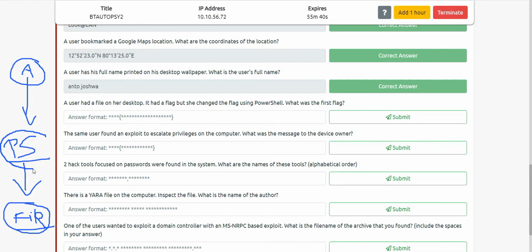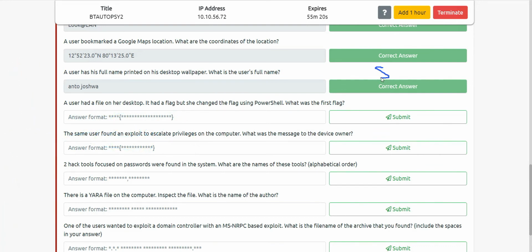So in order to find out what was the change, or what was the file on her desktop, we need to get into the PowerShell logs. If an action was done, it would have been saved into the logs. So let us see that. And in this question also, we have to check for all of the 8 to 9 users. So I will shorten this for you, and I will just give you the actual directory about the user which we are going to get over.